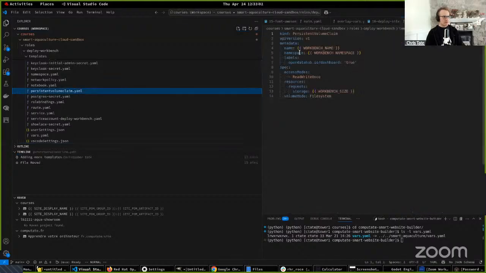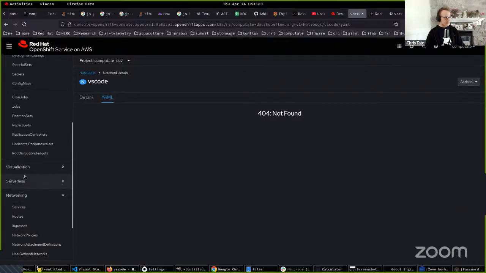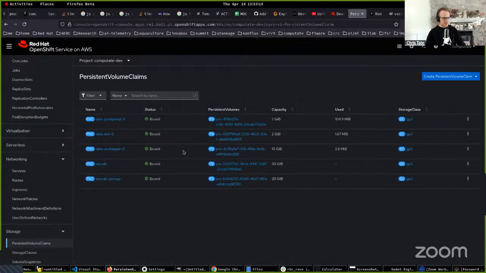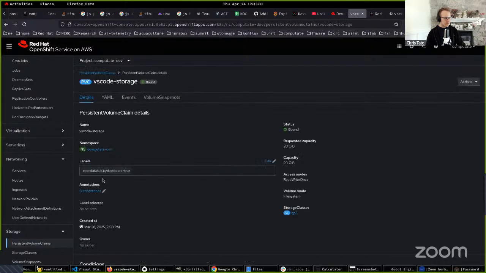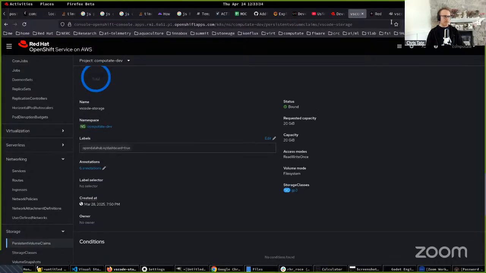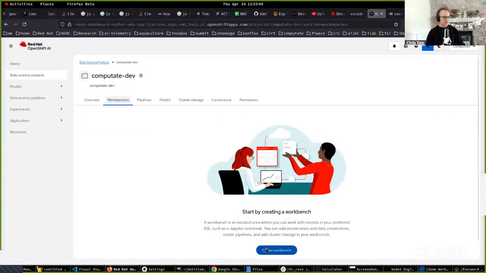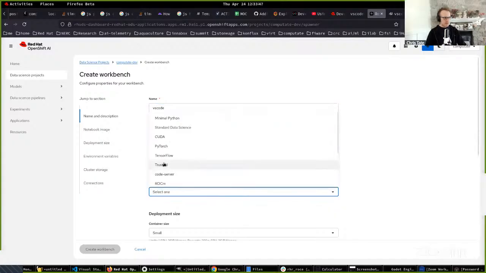System volume claim, we create a name the same as the workbench name. So I'm guessing that if I go to storage for system volume claims and look at these VS Code, when was this created? It was created April 24th. And this one was created March 28th. Oh, okay. So then I just need to recreate the workbench, call it VS Code, and select code server,